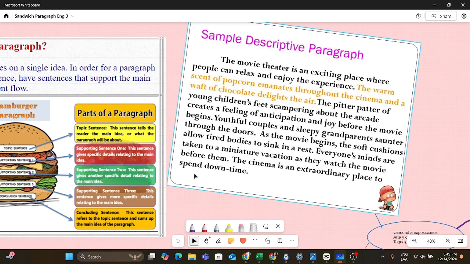And this one here is the concluding sentence. The cinema is an extraordinary place to spend downtime. So as you could see, the cinema is an extraordinary place to spend downtime. This is like a summary of whatever we said here, and we are not adding new ideas. We cannot add a new topic sentence. We cannot add a new idea here because if we add something else, we need another paragraph to develop that idea, okay? So this is how we can write